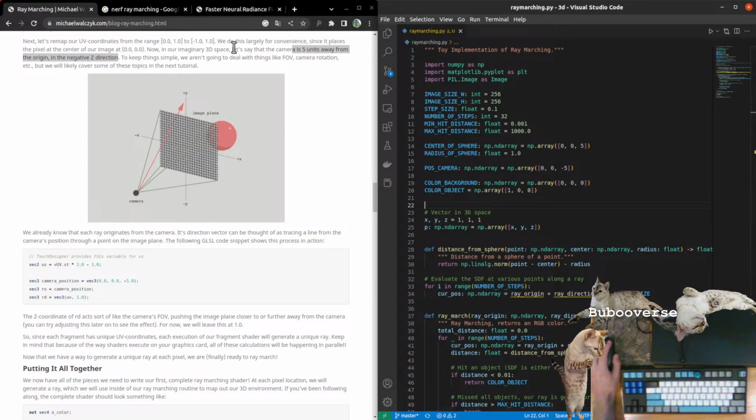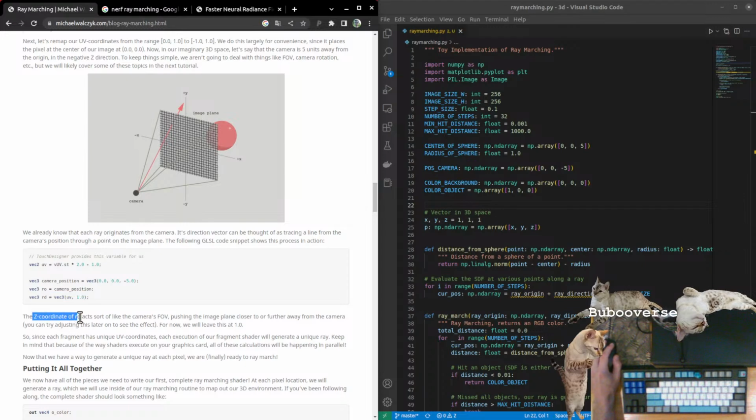I think what they mean by UV coordinates is basically the image plane coordinates. Are not camera position